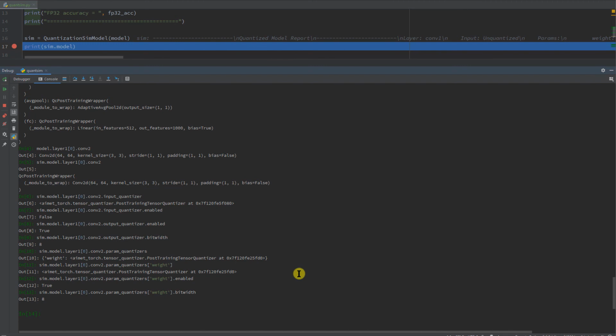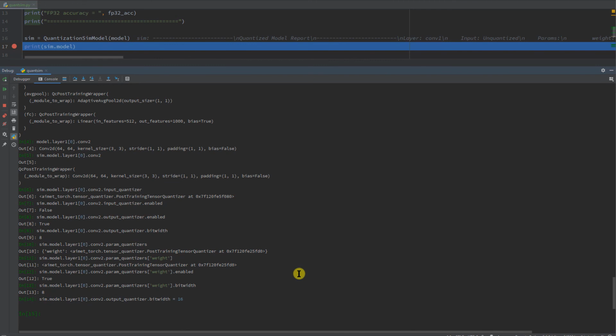Not only can you inspect, but you can actually set things at this level as well. So for example, if you wanted to say, let me run the whole model in 8 bits, but there is one particular layer, a little bit problematic layer, let me try to increase the bit width of it. And you can do that. For example, if you wanted to do that for the output, you can set the bit width